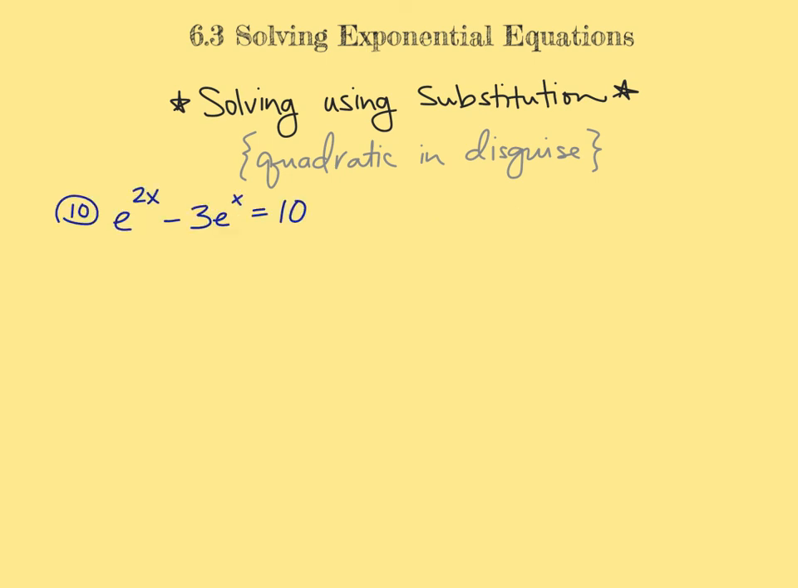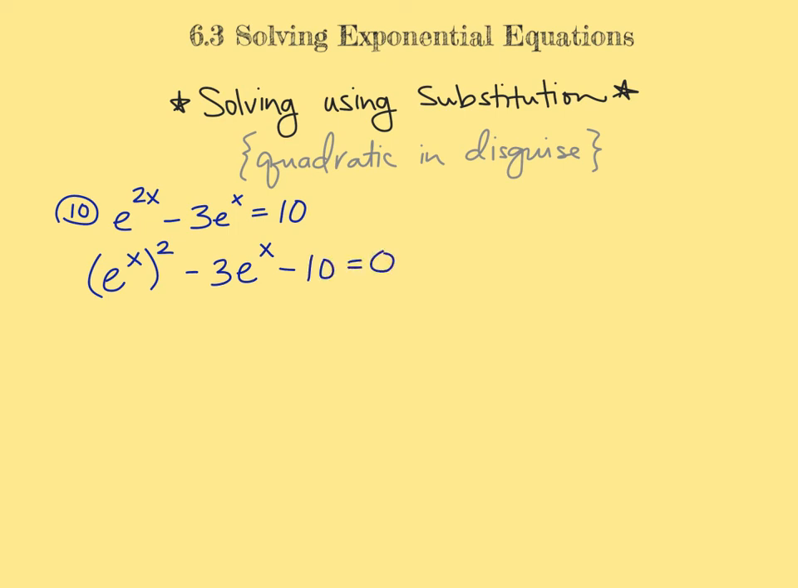Number 10 is similar to number 9 in that we again have to solve using substitution. We have a quadratic in disguise because we have two terms and one exponent is double the other one, and then we have a constant term. So what I'm going to do is rewrite this so it looks like e to the x, and then it's squared, because again, this is x times 2, this is 2 times x, they're the same thing. The second term does not need to be rewritten. It's minus 3 e to the x, and then I'm going to get that 10 over,